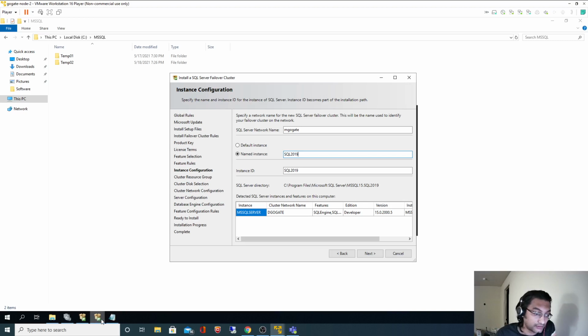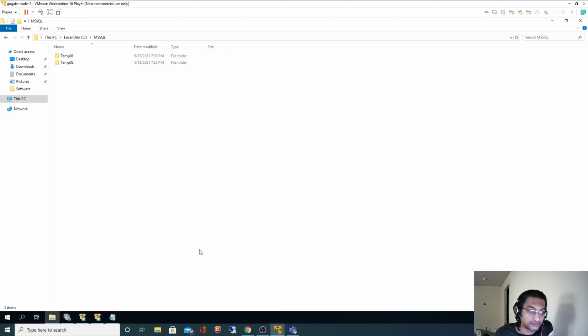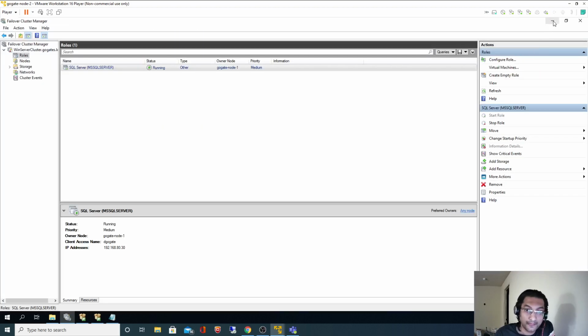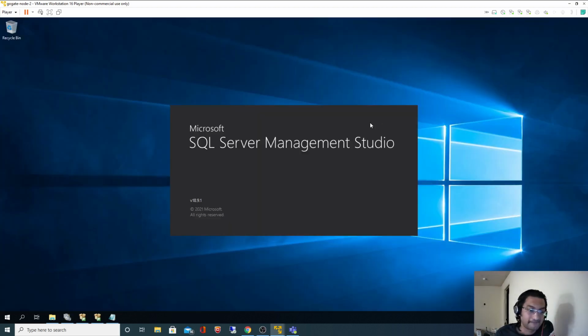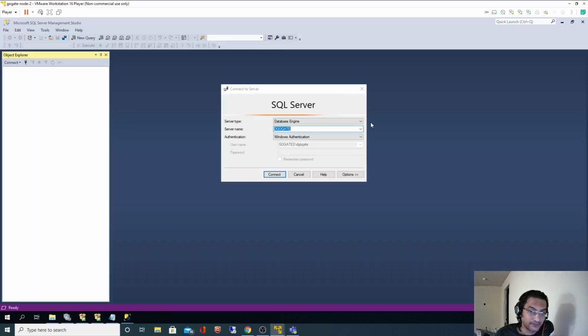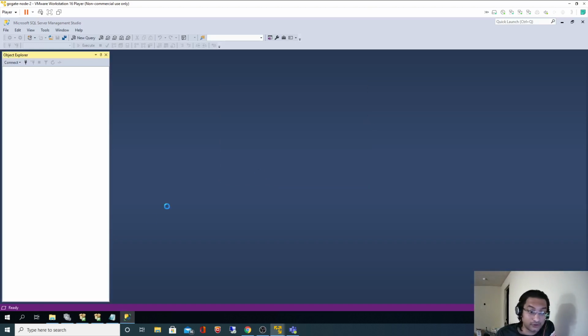So if I let SSMS open, finally, as you can see, I am just specifying the server name dgokte, and if I click connect, it will allow me to log in.